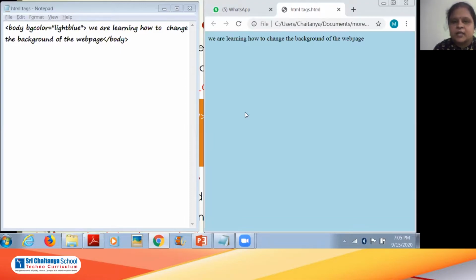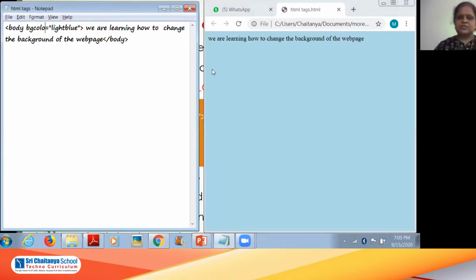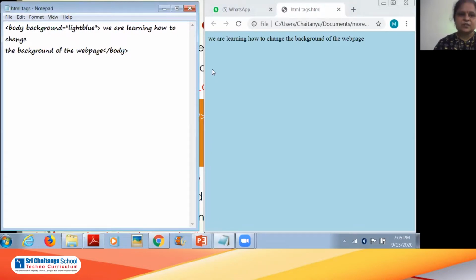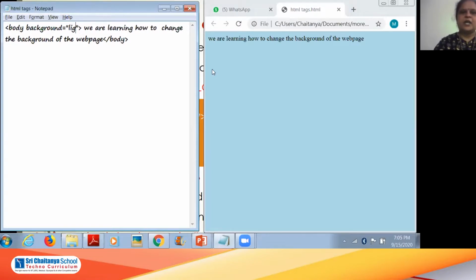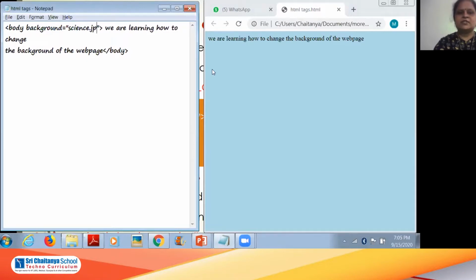Then how to change the background with an image? Let us see that. Same thing, I'll just change here to background. In my computer, I have one file called science.jpg.